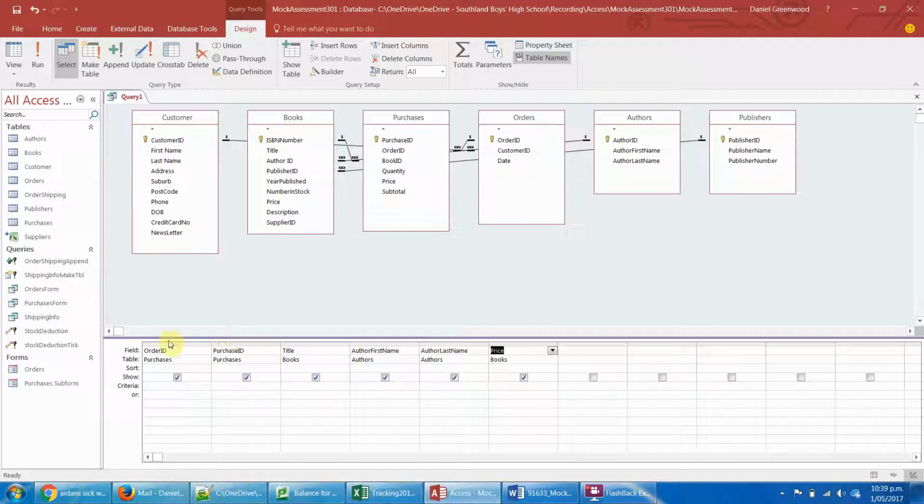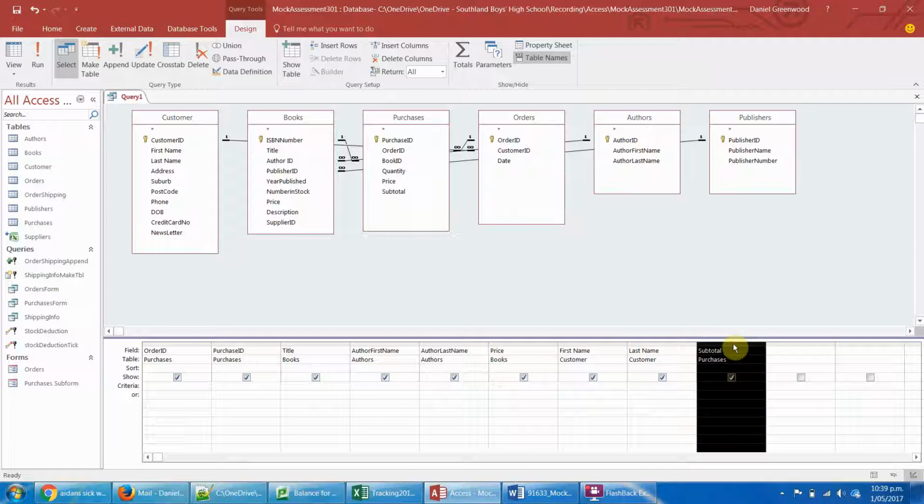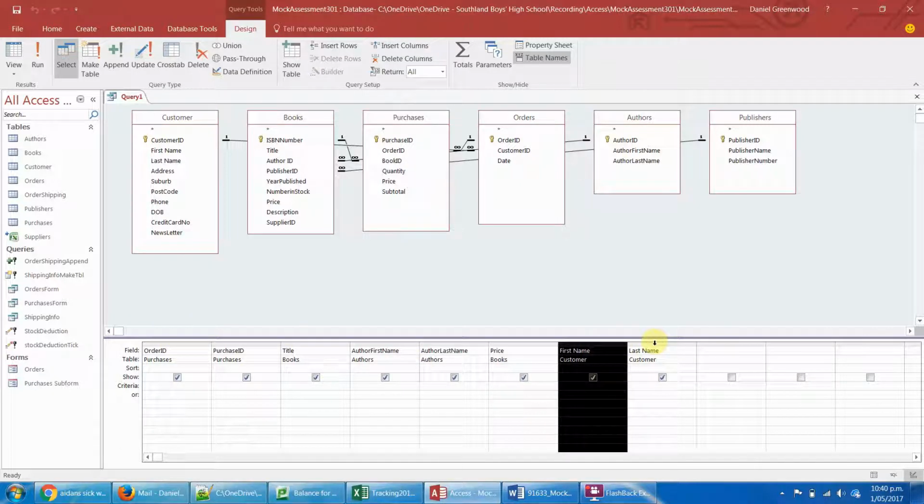I probably wanted to also say the customer first name, last name, and address. No, I don't want the address, that's just ridiculous. Plus I've got to try and fit in a report. Okay, and then the purchase price, and I'm just going to put a subtotal. Do I want a subtotal? No, not really, because I can do that in the report. Right, okay, so I've got an order, a purchase name, book, first name, last name, and I'll basically want to chuck that right to the front,